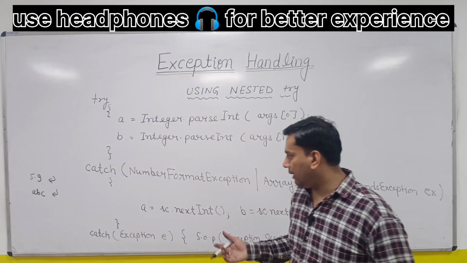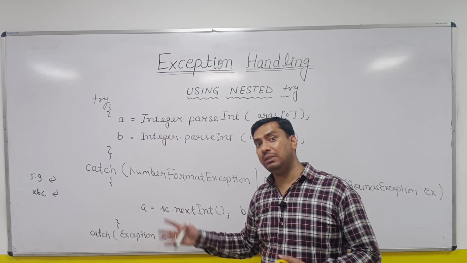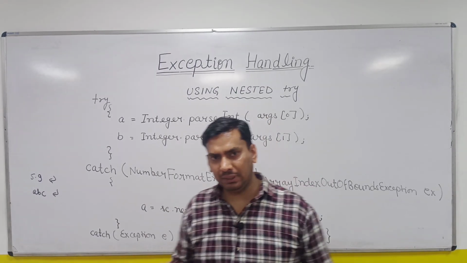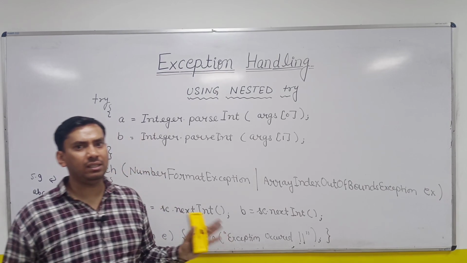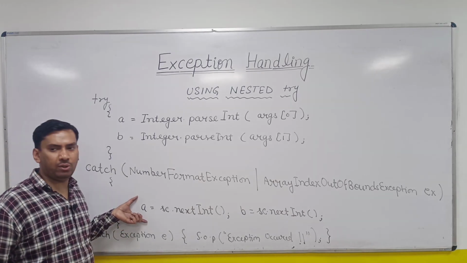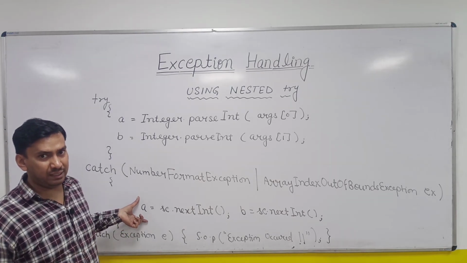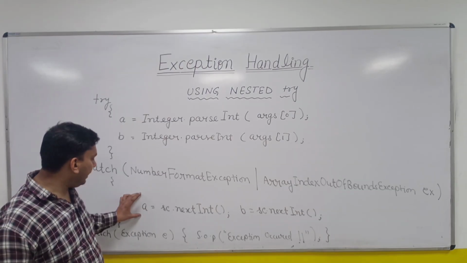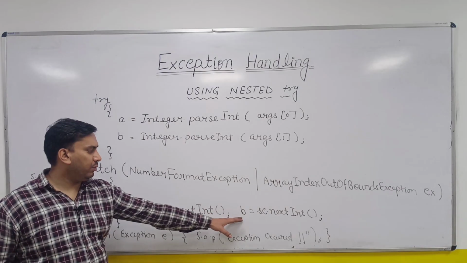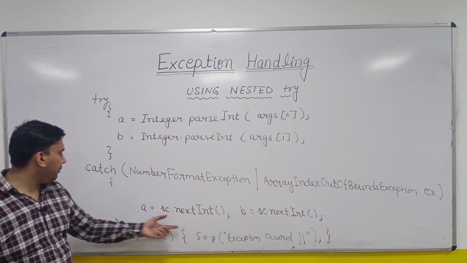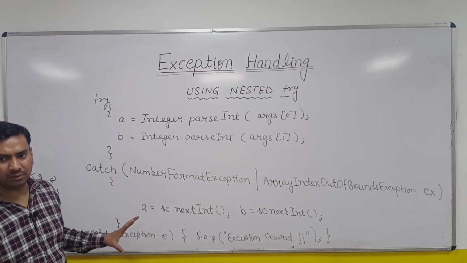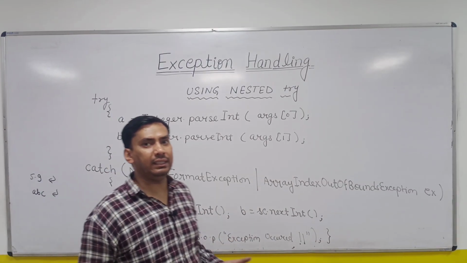So again there is a problem possible in the catch block. The same thing may happen in the finally block also. Exception can occur inside the catch block, and inside the finally block also. So what is the solution? We will have to put a try block around this statement if we really want to handle the problem. These two lines can again cause the exception, so we can create a try block here, a try block inside the catch block. Similarly, you can write a try block inside the try block. This is what we call nested try catch.